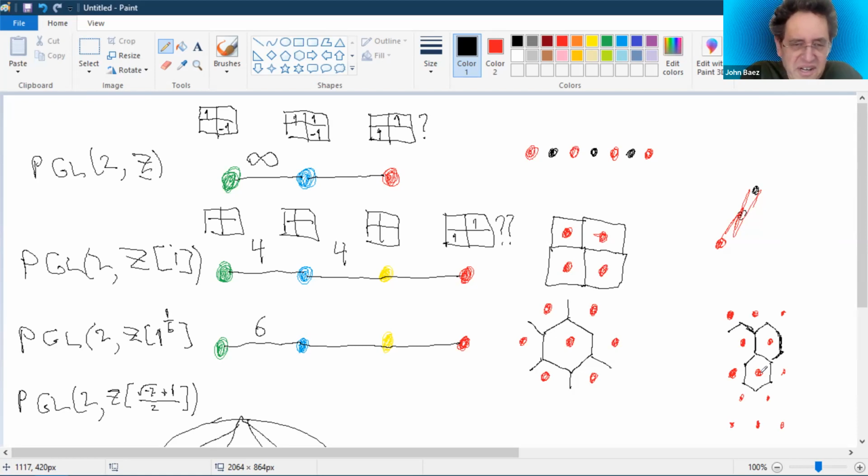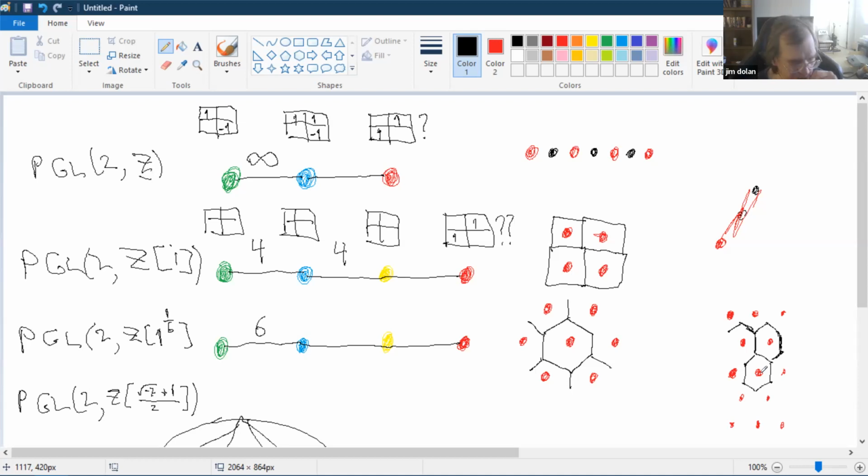It should be wearing it on its sleeve somehow. That's right. So the 1 to the 1/4 for the Gaussians and 1 to the 1/6 for the Eisensteins, but I don't think we mentioned anything about